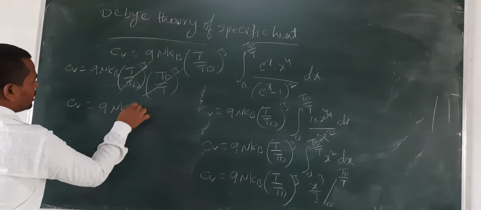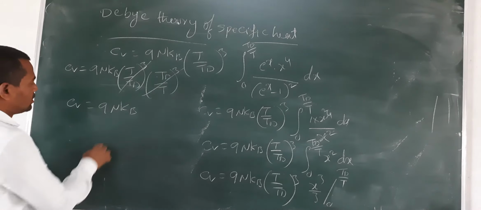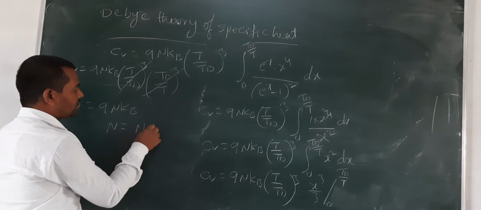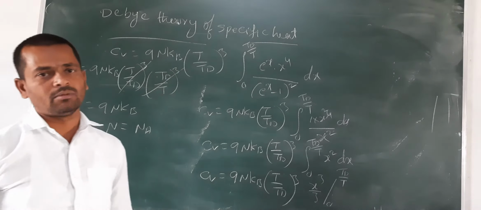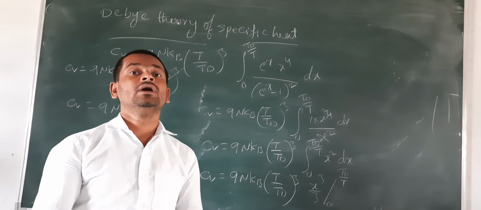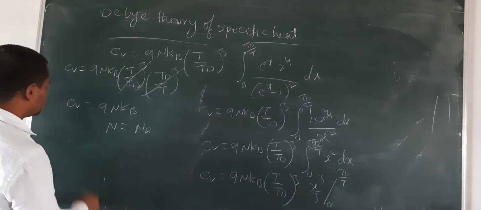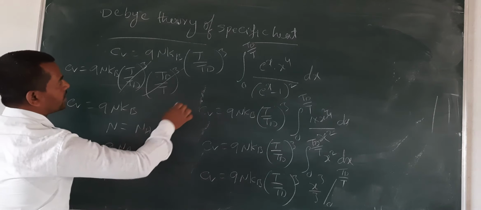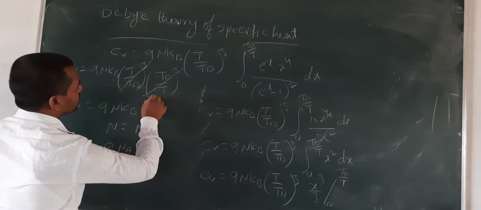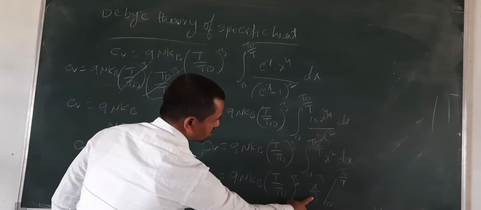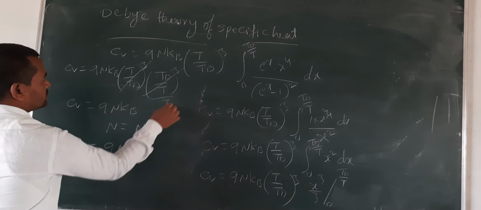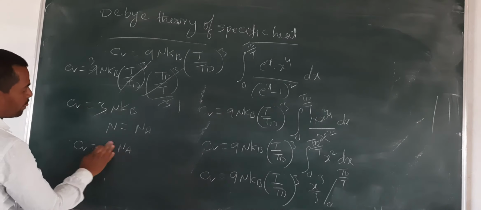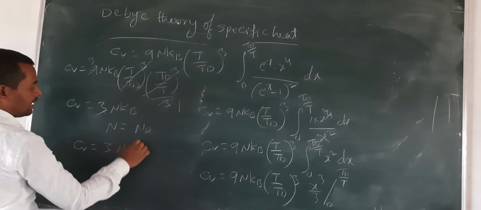9n kb only. Let this n, the number of oscillators, be written as the Avogadro number. Then Cv is equal to 9n by 3. I have forgotten the by 3 here. So 3 threes are 3 and 3, and kb,